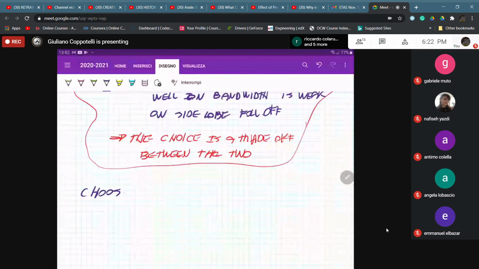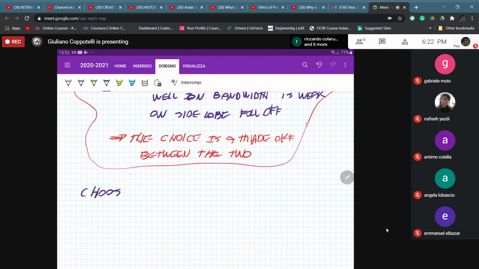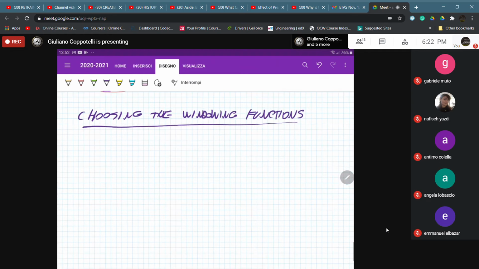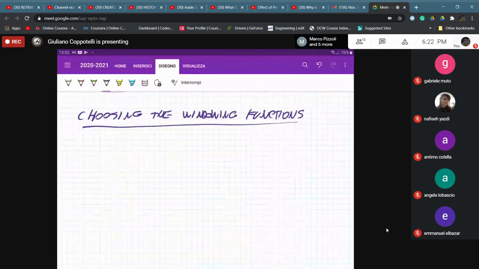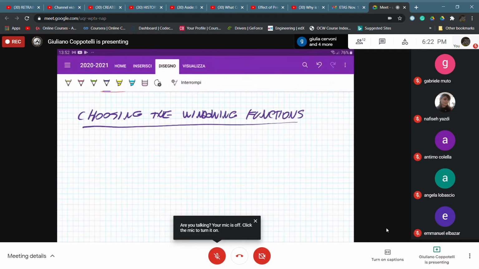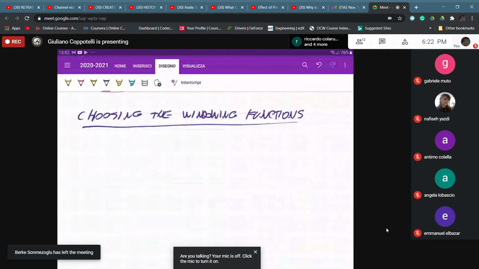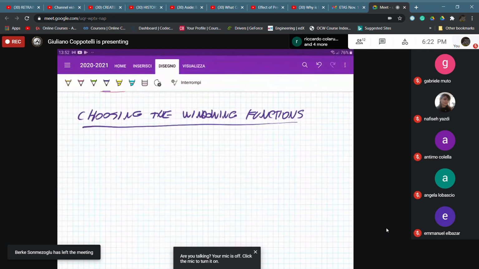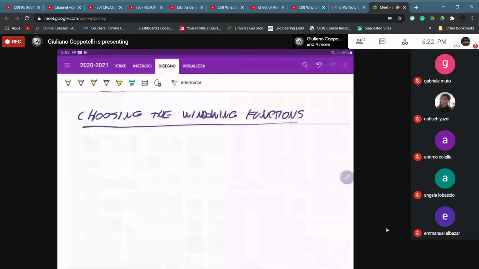Choosing the windowing functions: we have to distinguish between two types of signals, belonging to different families, the transient signal family and the stationary signal family. Okay, so when referring to transient